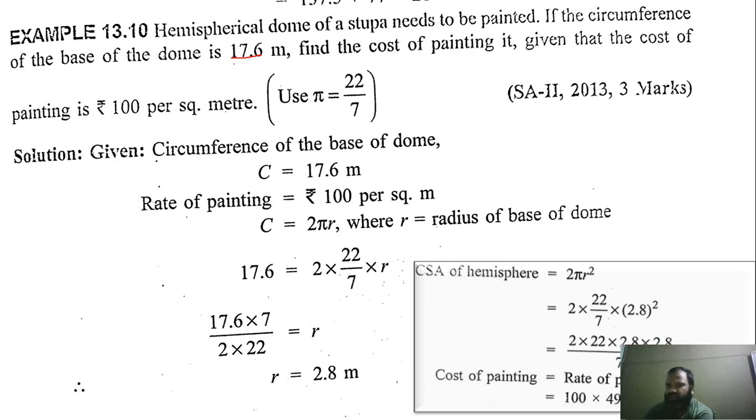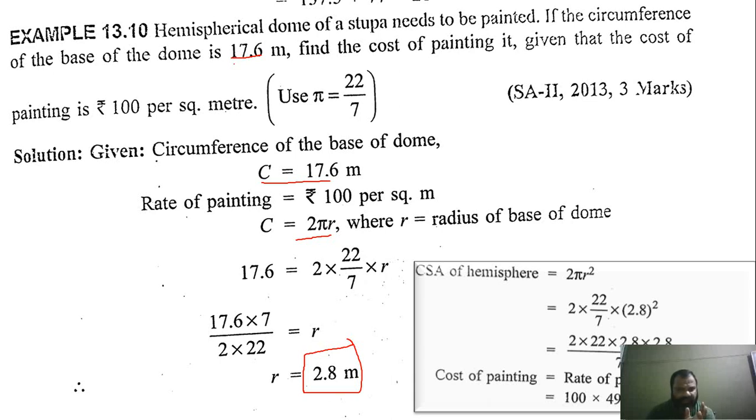Find the cost of the painting. So first you will have to get the surface area. What will you have to get? Surface area, and the CSA equals this. CSA means 2 pi r; compare it with 2 pi r and put the value of pi, and you get the value of r, which is 2.8. Okay, after solving this,